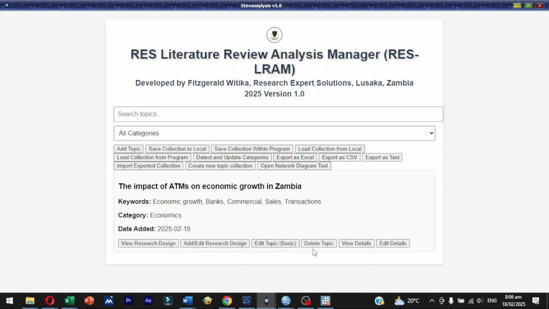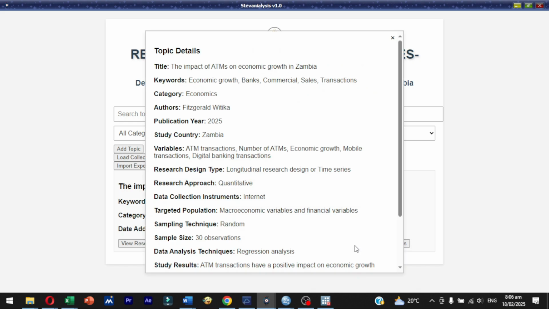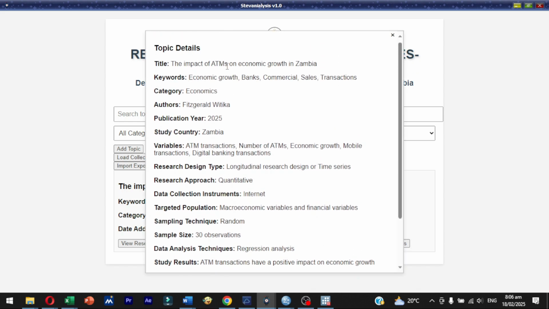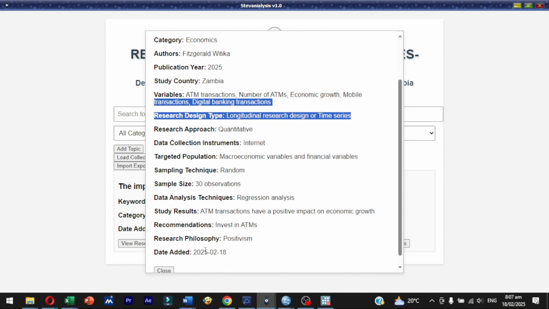So but here you can view details about the topic which you entered here. So you can see it's the impact of ATMs on economic growth in Zambia. Those are the keywords, category economics, authors Fitzgerald, Whitaker, and we have the publication year of that, and it was done in Zambia, and those are the variables that were used, of course, and yeah, we have almost all the